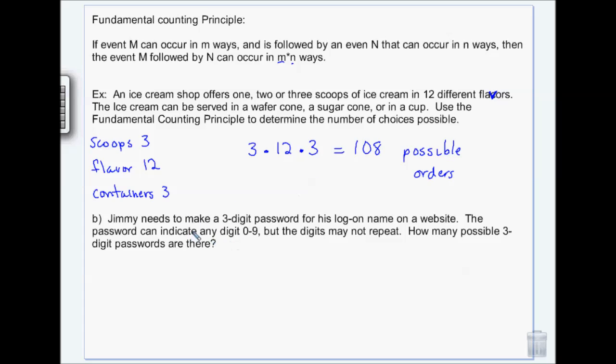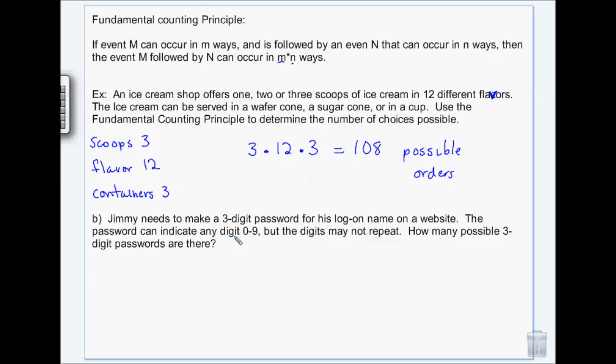Same thing with digit passcodes, like the keyless entries for cars, and you can get them for your front door and all kinds of things, and you think, oh, well, those can't be very secure. But look at this. A 3-digit password. Most of them are longer than 3 digits, right? But if we do just a 3-digit password,